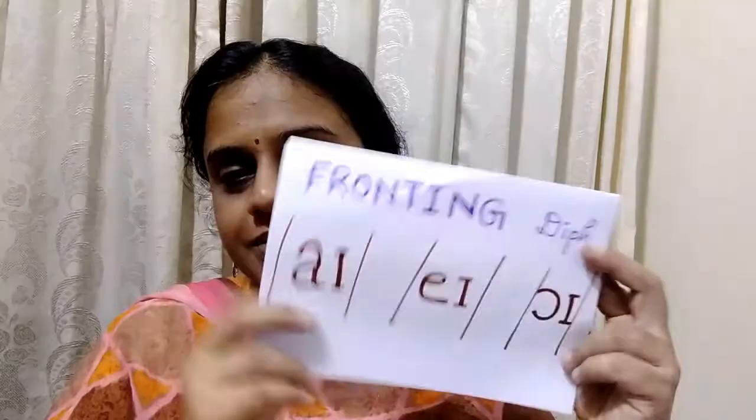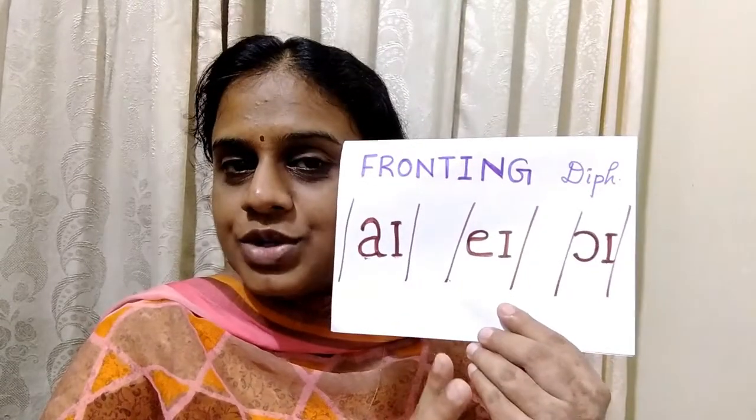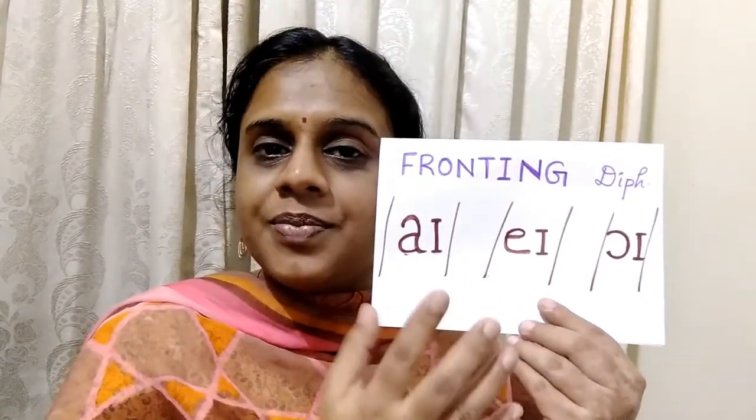Now you have 2 more. Fronting diphthongs and backing diphthongs. So it's very easy to understand. When the tongue moves towards the position of a front vowel E, we call it a fronting diphthong. I, A and I. See, all these already appeared in the category closing diphthongs, because you should understand that E and O are 2 closed vowels in English.